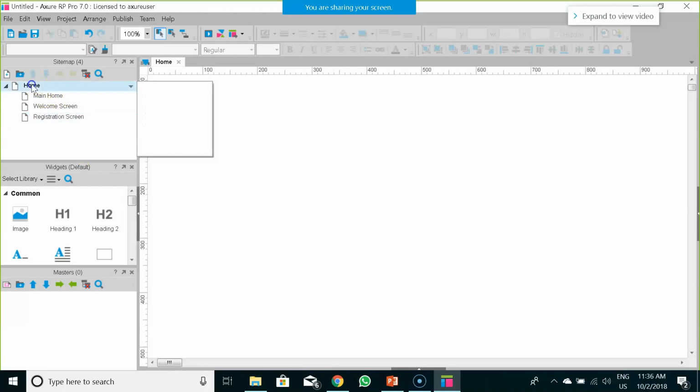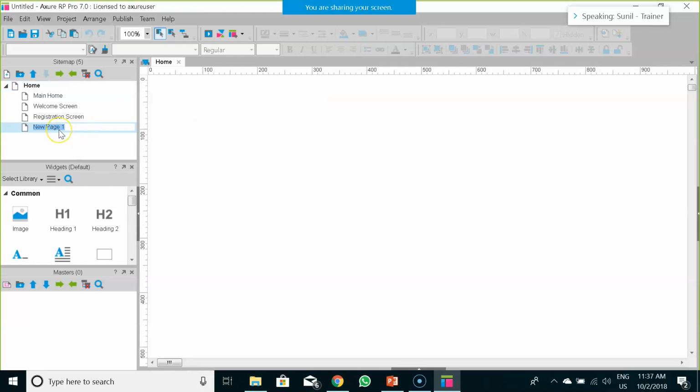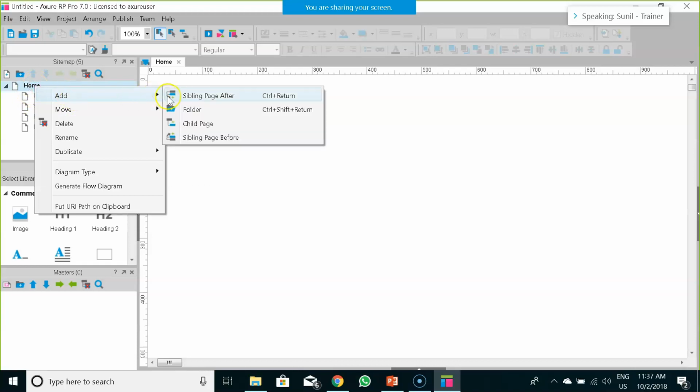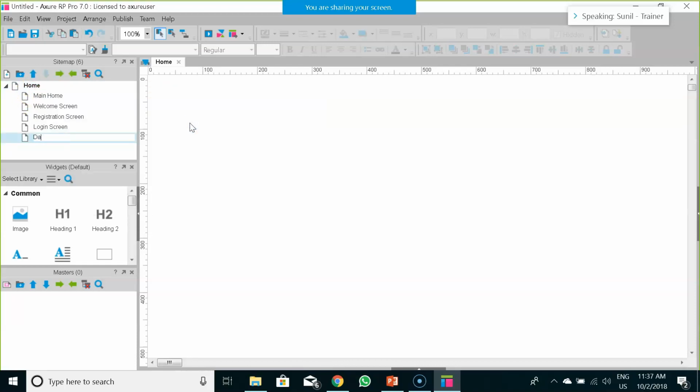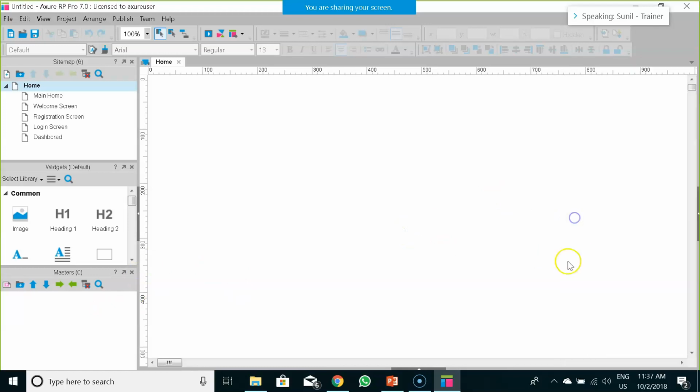We would be needing one more screen to add one more child page, that is your login screen. And then we have the home screen, welcome screen, login screen, and then we would be needing a dashboard. So it's pretty much very easy to develop a UI screen using this particular tool.